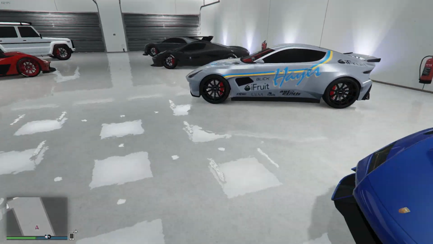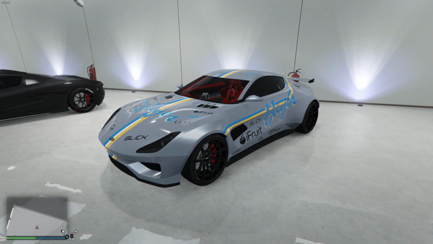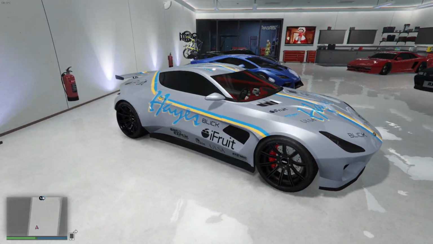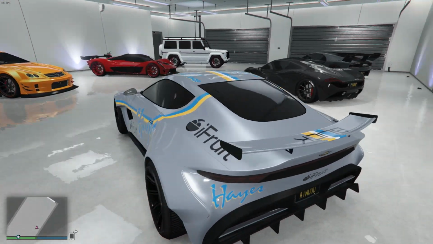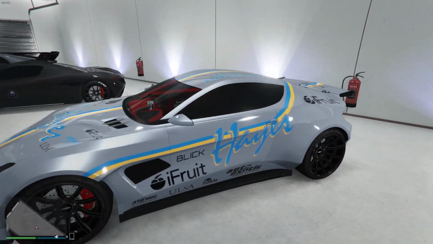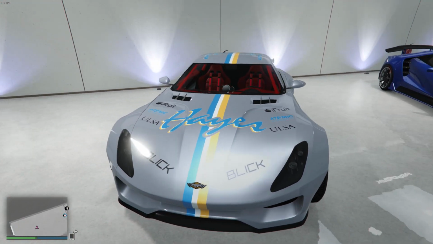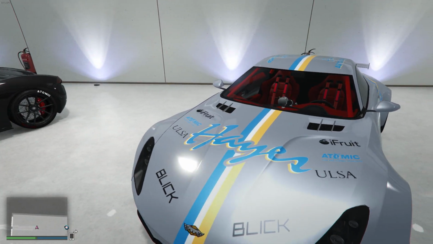Moving along, we have the Specter Custom. The Specter Custom is probably one of my favorite sport cars in the game, and I kind of like what you did here. It's a little bit different than normal, but it's nice and it's unique, so I appreciate that. So you got the silver color on here with the Haze livery, and I kind of like what happens here because you got the basic color, but then you have the blue and